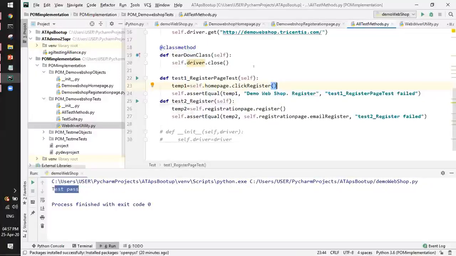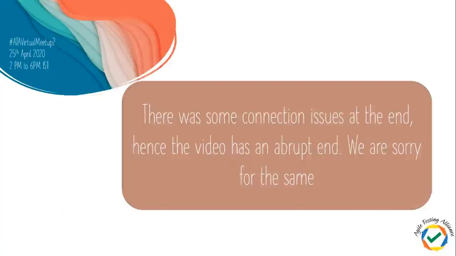Okay. So this is a kind of page object model framework which we are seeing here, that all the page classes in the project are available because each page class